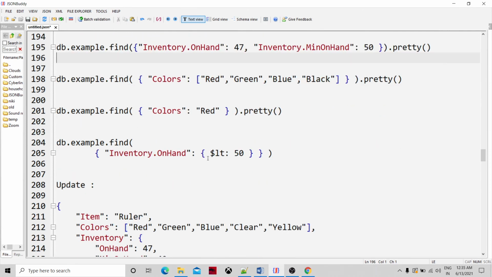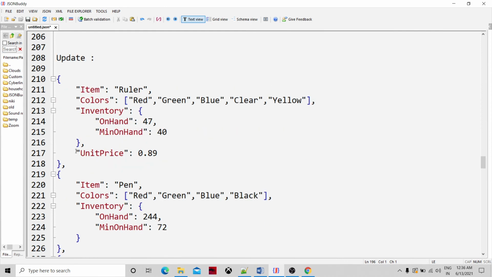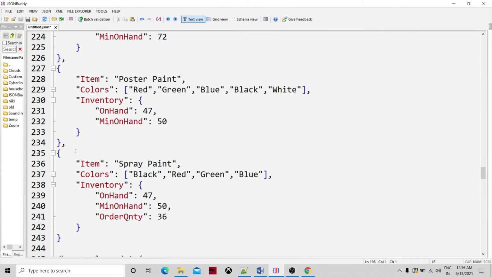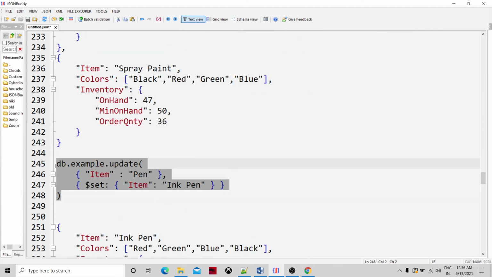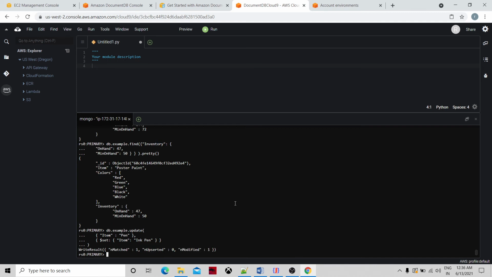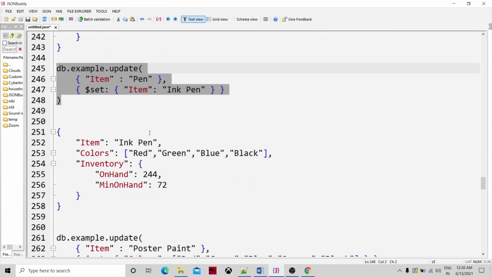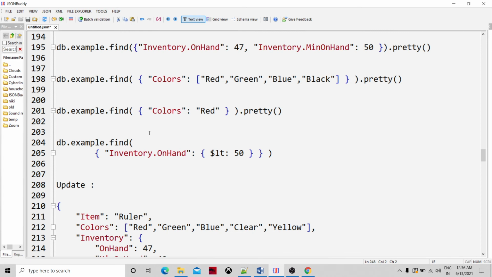Now let's do a few more things. What we need to do is update the document. Let's update this, and then we will find. Now let's update it. The write result shows not updated, and then let me give the example, just copy and paste.